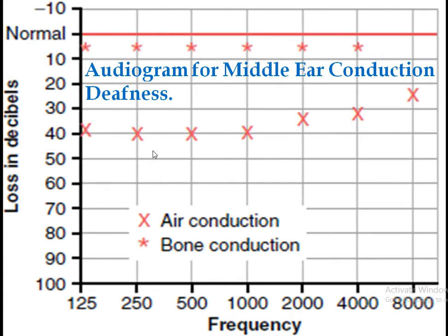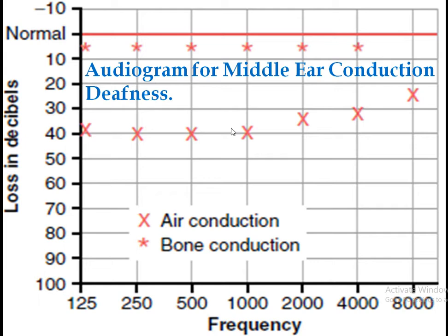this one, which is due to middle ear conduction deafness. In that, the bone conduction is almost reaching the normal. You can see this one almost equal to the normal, but you can have a gross decrease in air conduction, as the air pathway is blocked, maybe due to middle ear cavity ossicles abnormality, or maybe just the presence of wax that is going to obstruct the pathway.